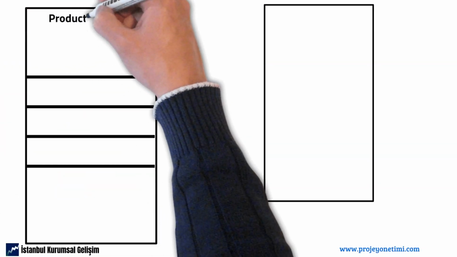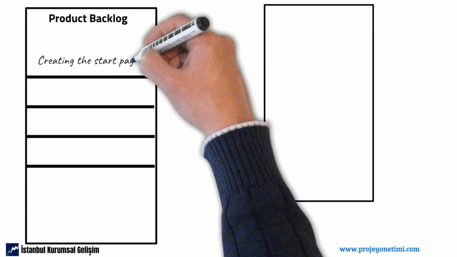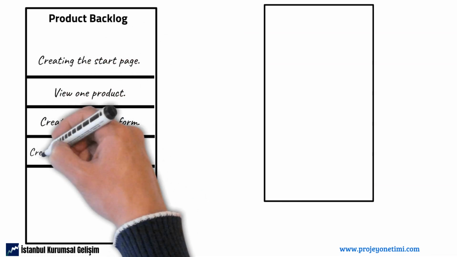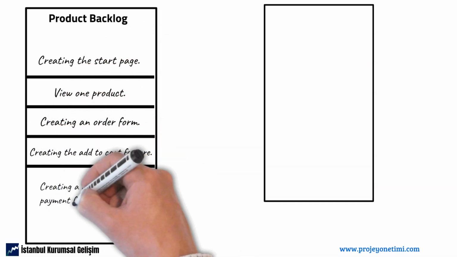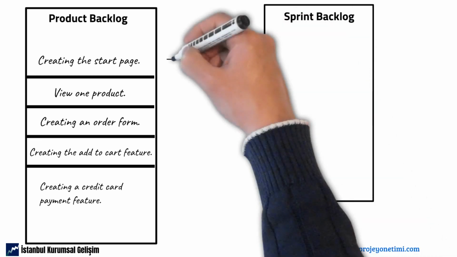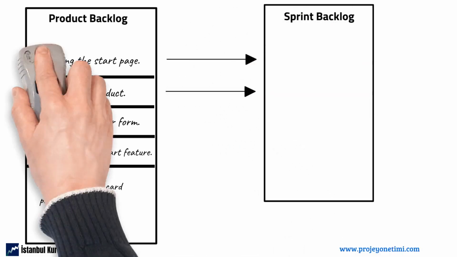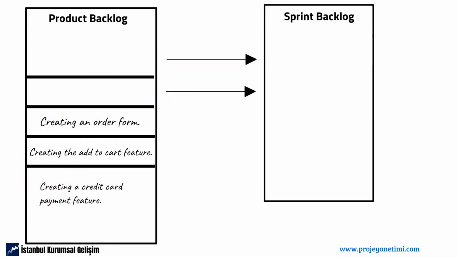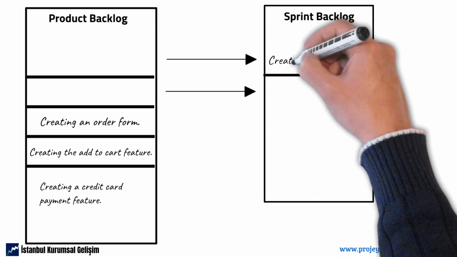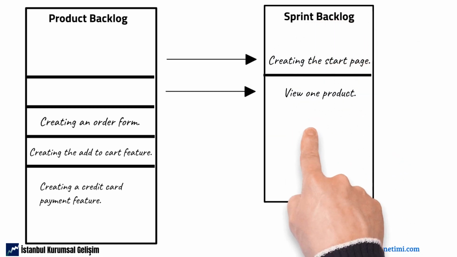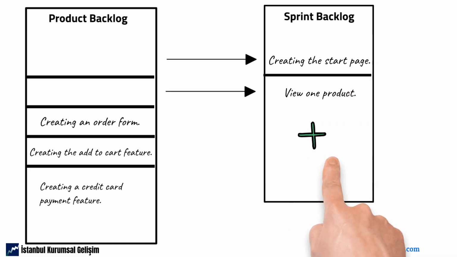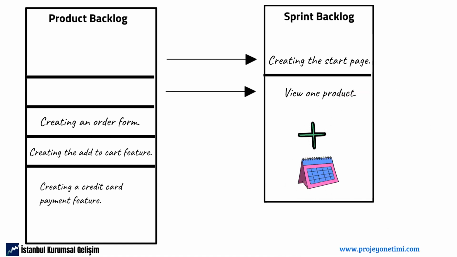The Scrum team, in collaboration with the product owner, will decide which items to add to the sprint backlog, starting from the top of the product backlog. In addition, the sprint backlog includes a plan to drive product increment and achieve the sprint goal. At this point, let's make a brief explanation to understand the difference between product backlog and sprint backlog.